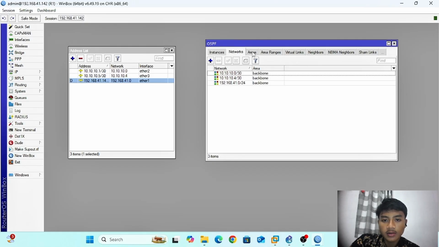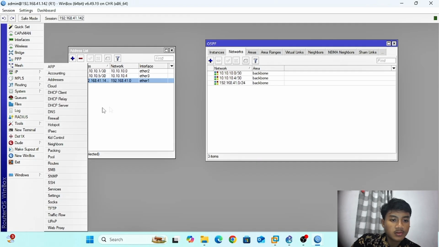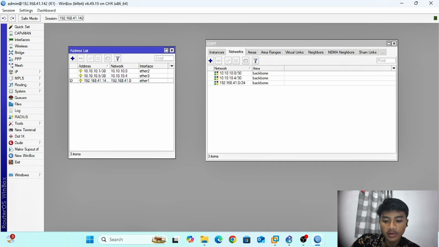Okay, and because I have done the config at router 2 and router 3, so I will configure them.